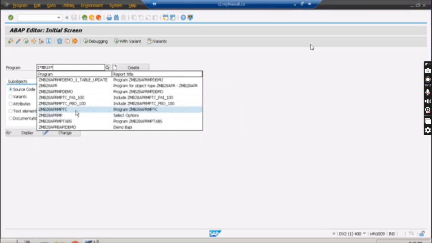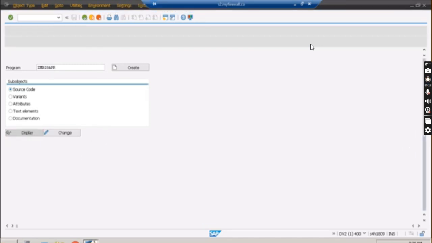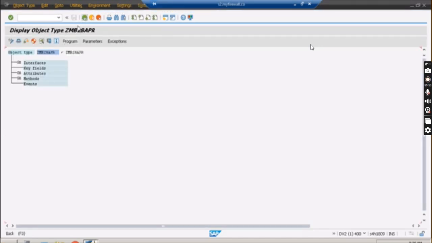I want to show you the watch point, for which I require some example where I can show you.